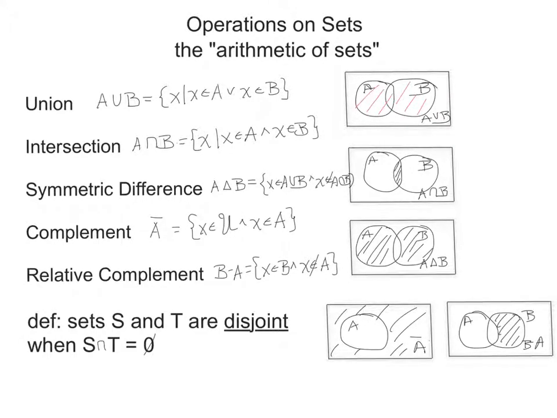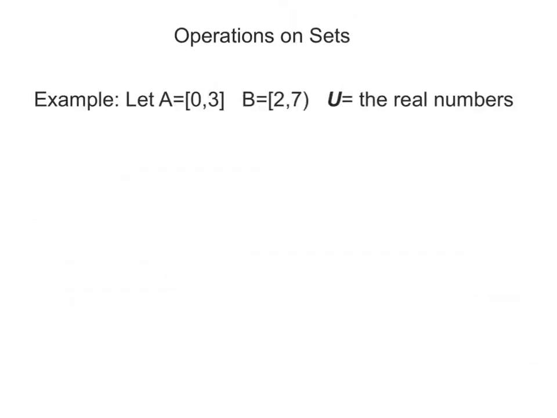One last definition. Sets S and T are disjoint when their intersection is the empty set. So, as an example of some of these set operations, let A equal the closed interval 0 through 3, and B the half-closed, half-open interval 2 through 7. And just to remind you what these intervals are,